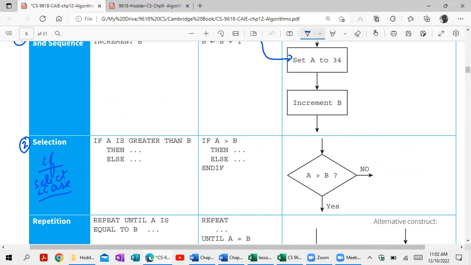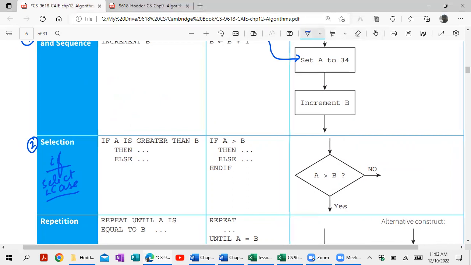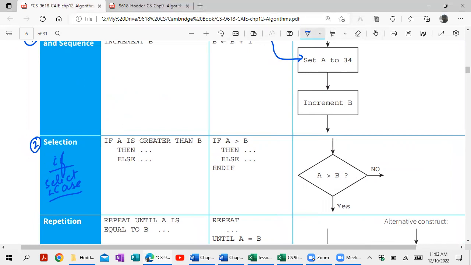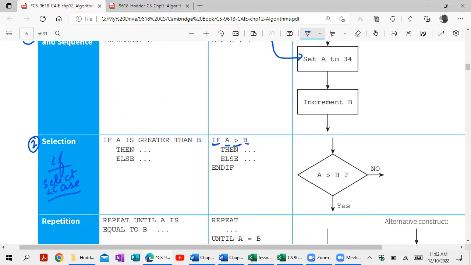If A is greater than B, then, else. And this is just structured English. You just write the pseudocode statements in English format, just like as we say it. If we read it, we say if A is greater than B. So the same as it is, you write in structured English. And this is in the pseudocode: then, else, and if. If you have to represent it in a flowchart,